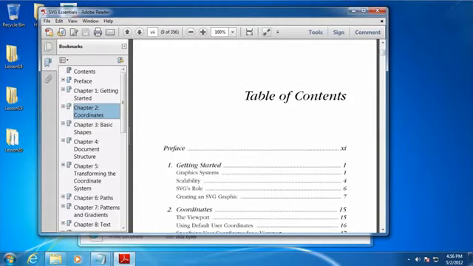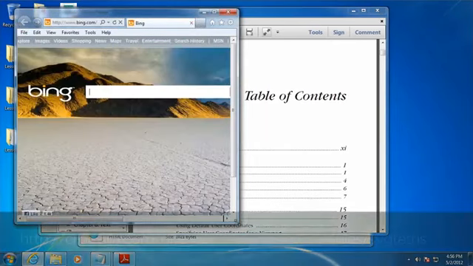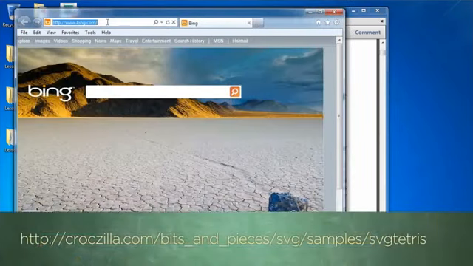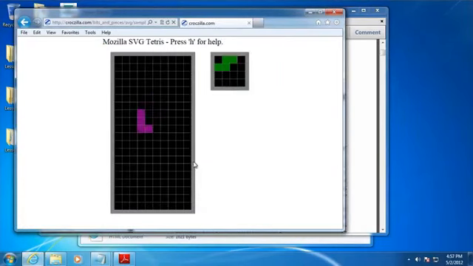Let me show you what I promised early in this video, and that is a game that was created using SVG and JavaScript. And so you can take a look at this SVG Tetris, and I'm not very good at this. I tried it a little bit earlier today. Oh man. However, you are able to play Tetris with it,